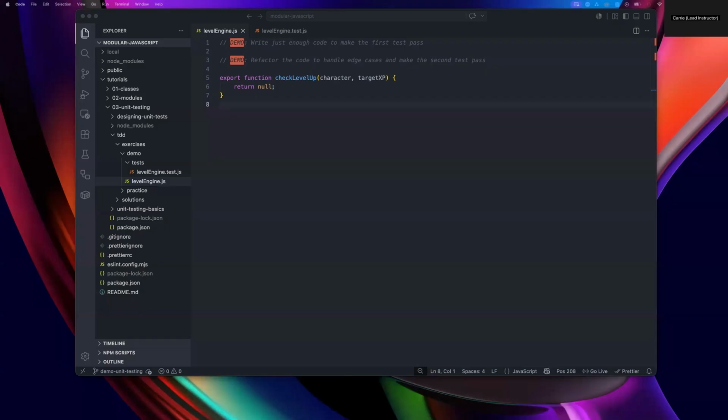The refactor phase is cleaning up your implementation. If you have any duplicate code, you have to rename any variables or optimize for any edge cases. Then you can run your test suite again to confirm your optimizations didn't break any existing functionality. You continue this cycle, adding more tests that define more behavior, adding more code to make those tests pass, and then continuing to refactor and keep it clean and make sure all of the tests are passing before you add